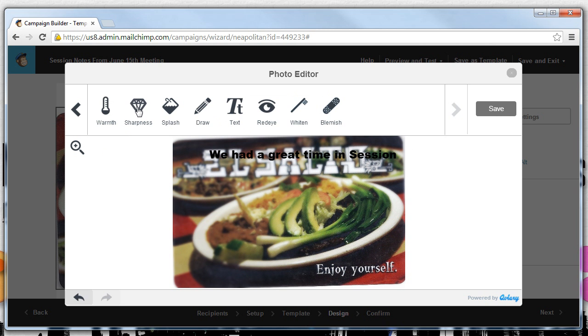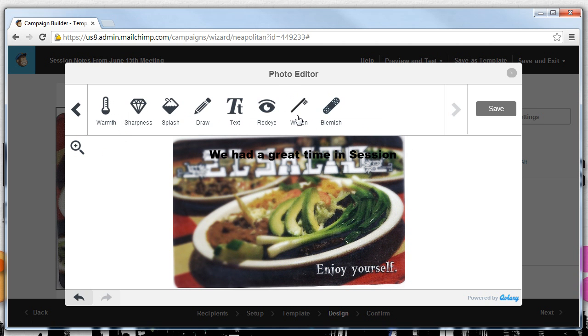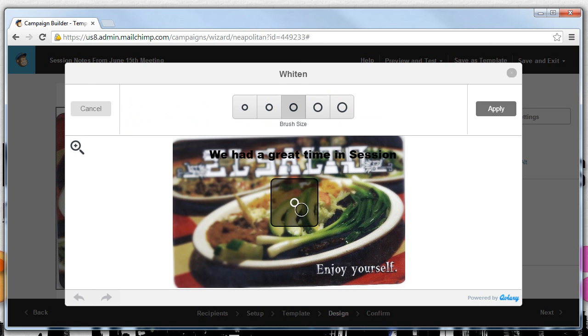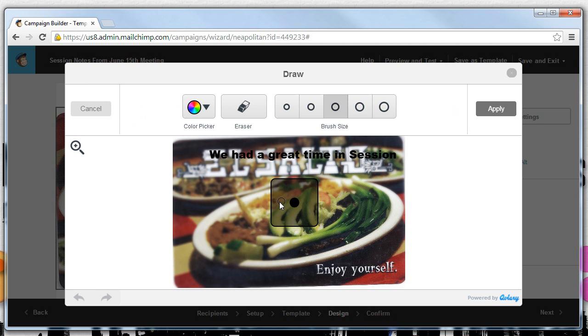Splash a color, sharpen, which means we can sharpen the grain. Notice how sharpening works. It increases the pixelation. We'll cancel that. We can whiten different parts. If we wanted to, we can change the brush size. We'll cancel that. Clean up blemishes, remove red eye. We could even draw